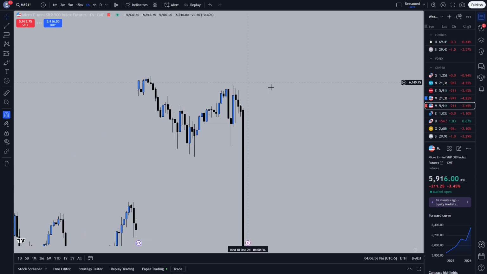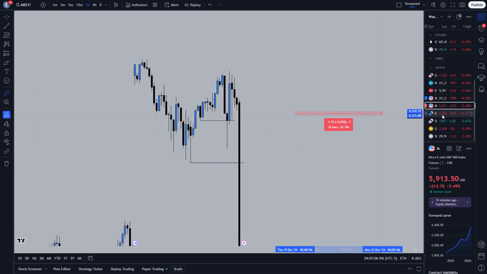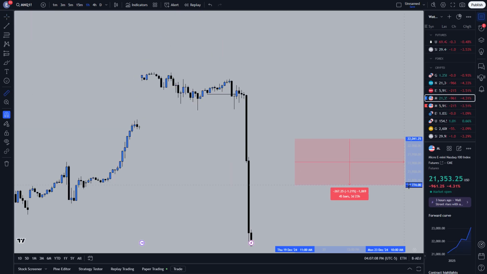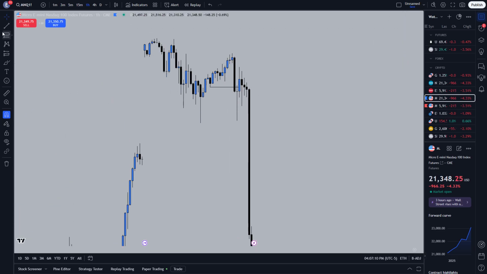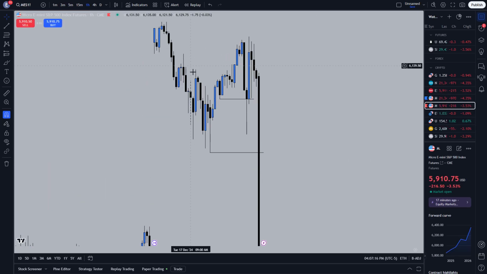Anyway, this is the hourly chart, okay? Coming into the day, I see London lows here, and then Asia lows, and this 4-hour sell side here. Same thing on NQ, pretty much. We edged this 4-hour low, but we did sweep Asia lows. This is just 1 hour sell side here.